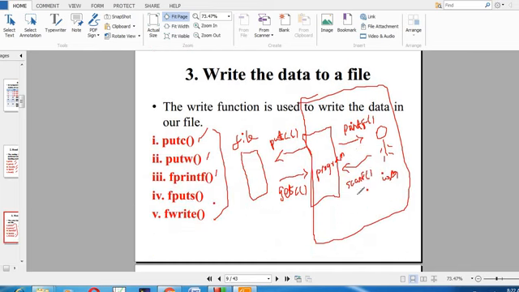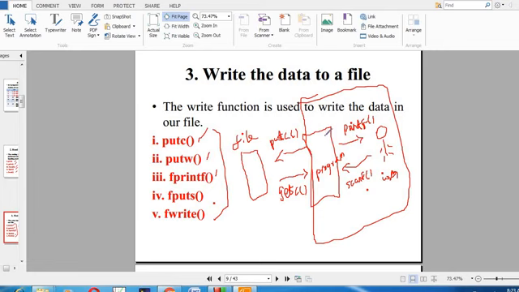Just all of you look at this diagram. Here 3 components are there. In previous programs we have used these 2 things only. If our program or computer wants to read anything from the user, we have used scanf. If it wants to display anything to the user, we have used printf. Here we have included a third component, that is a file.